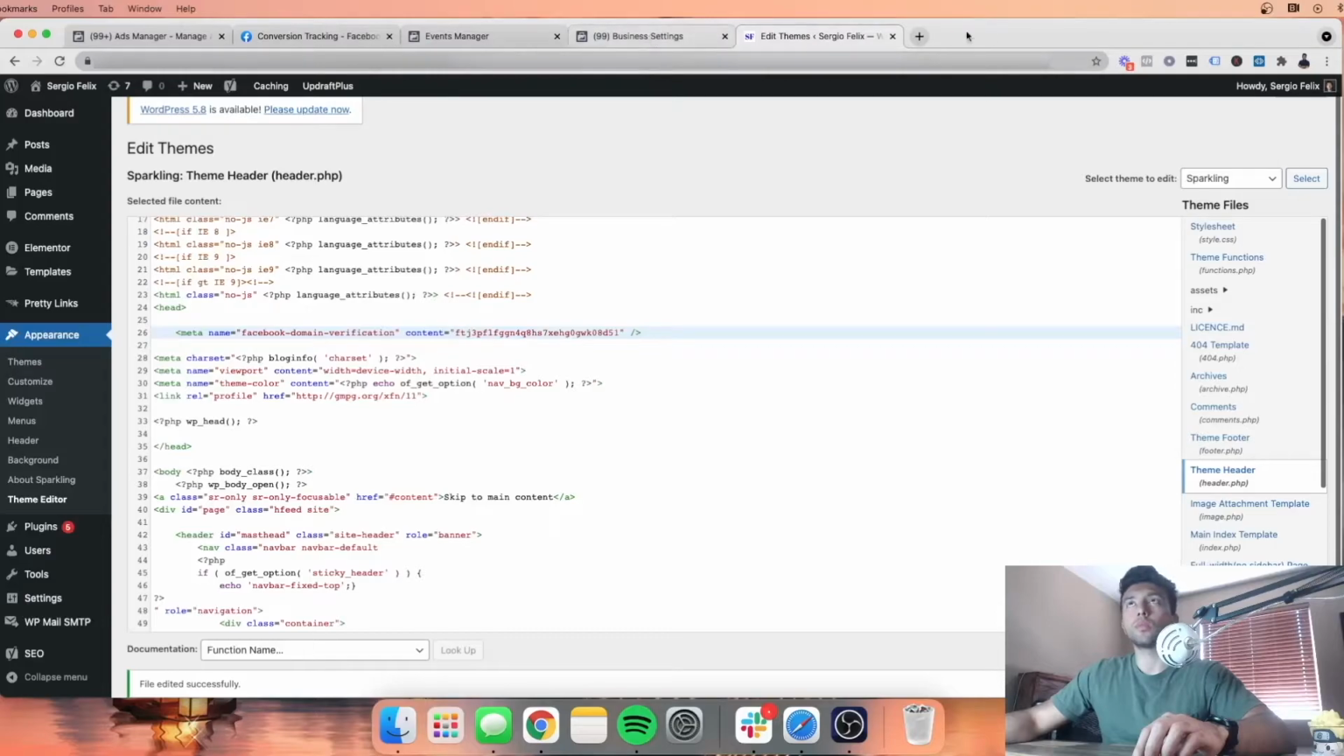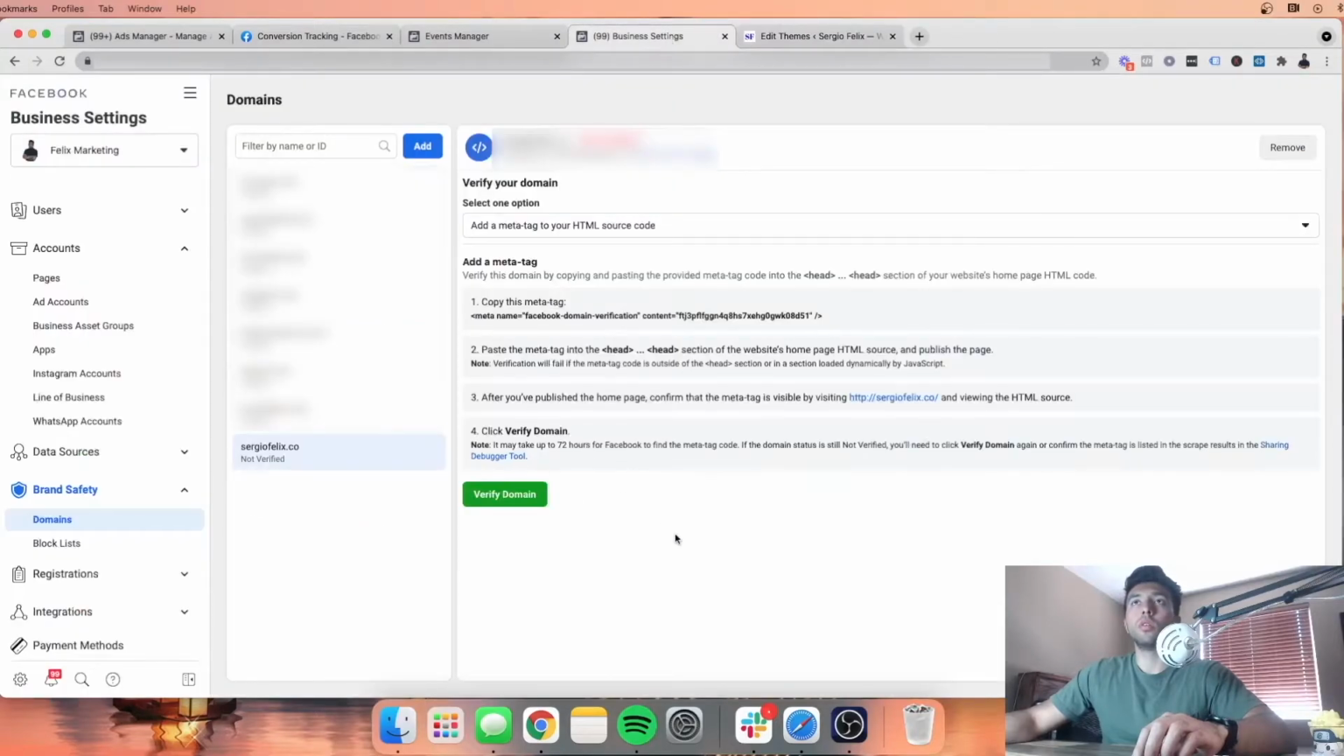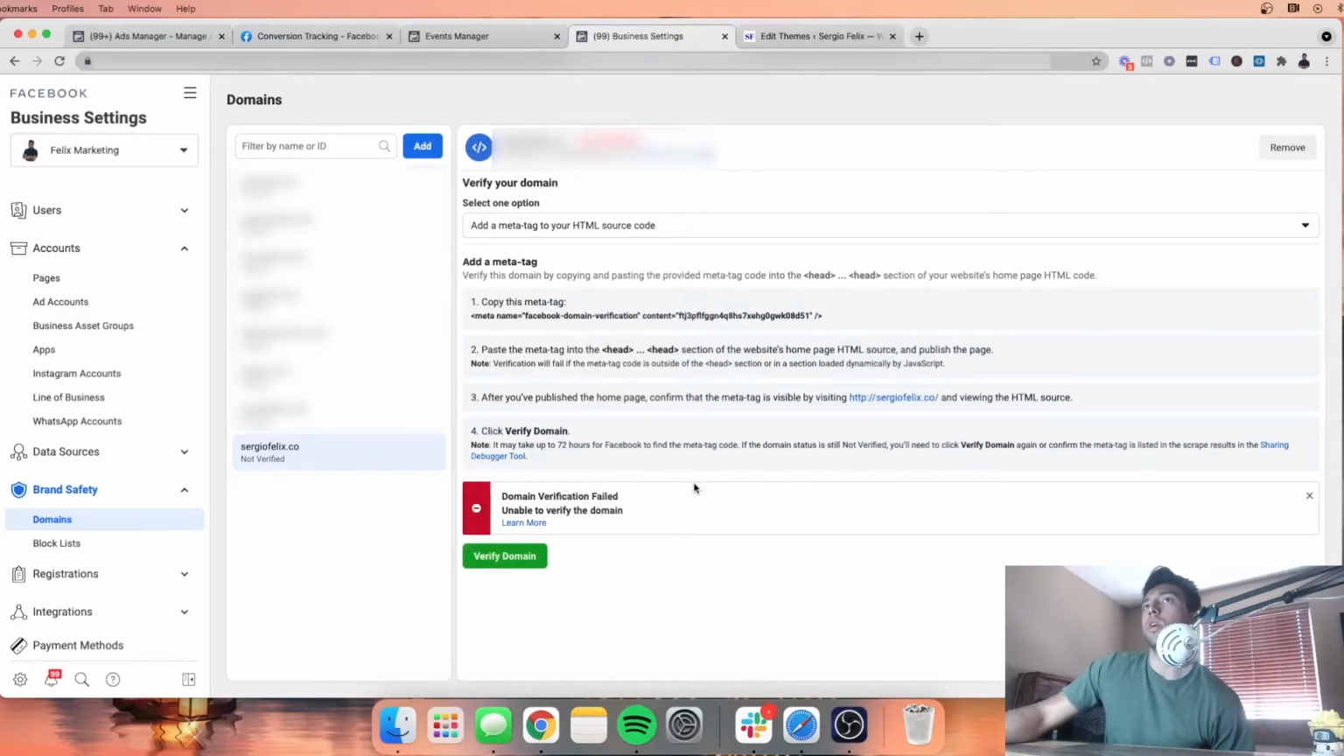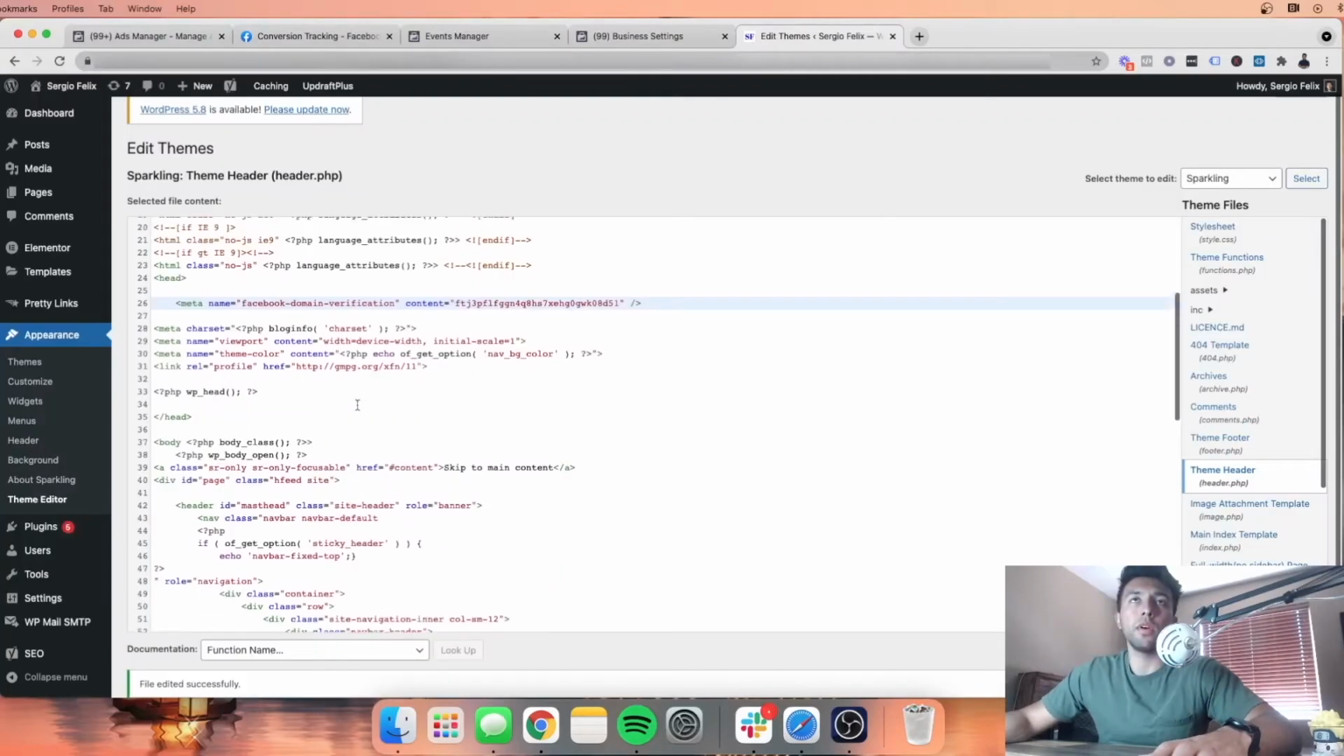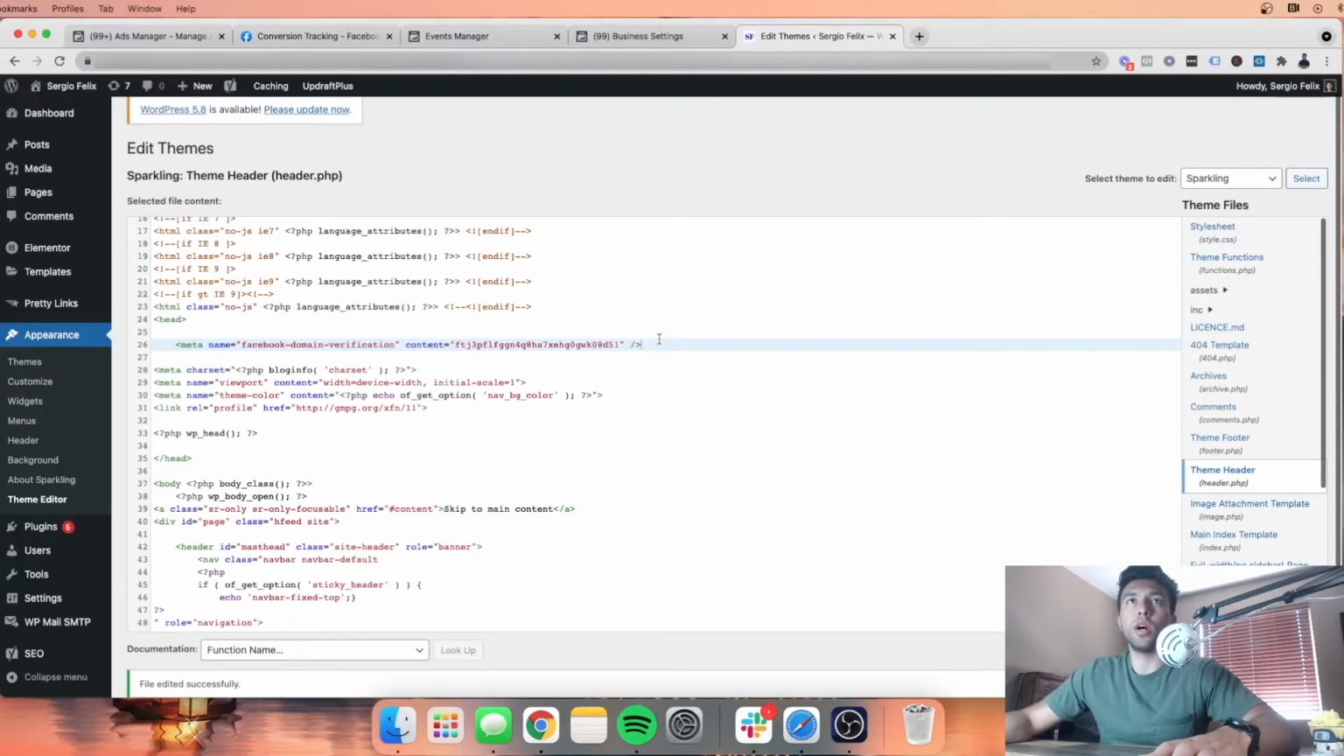Okay, and then you just click verify domain. Let's see if this works. Okay, so it failed. Let me see here. Okay, so I'm not sure why it's not working. I'm putting it in the head, but